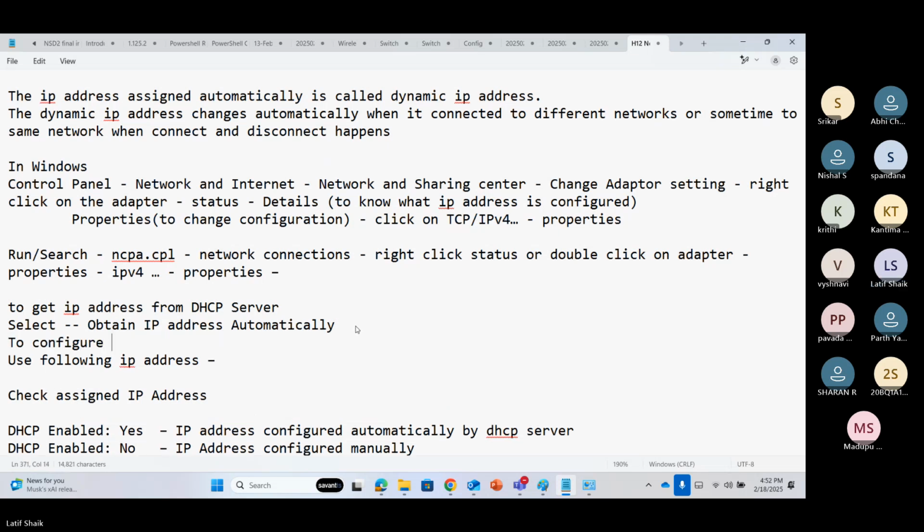To configure the IP address manually, select